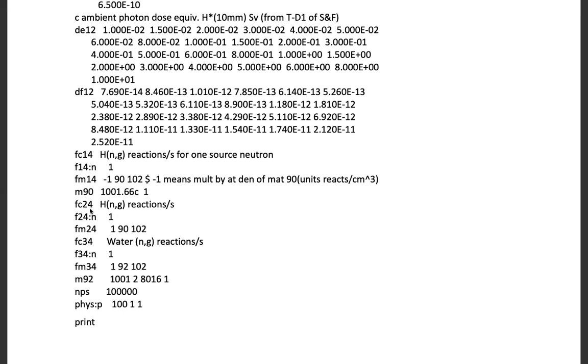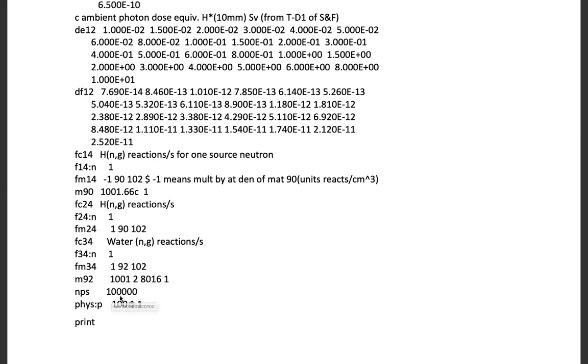So 14 and 24 are tallies for H and G. Now let's look at N gamma in water. Now this also I've done so that you can see that if you define another material called 92 as water, then because there's going to be some N gamma in oxygen, although much less than water. Okay, now so I'm going to take